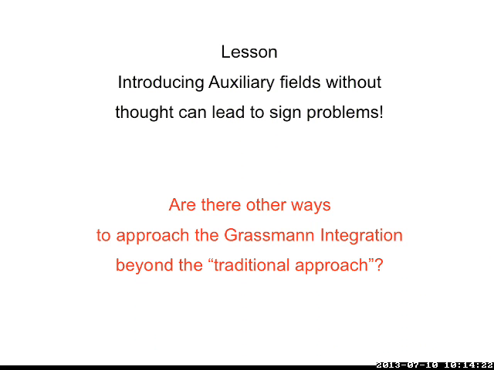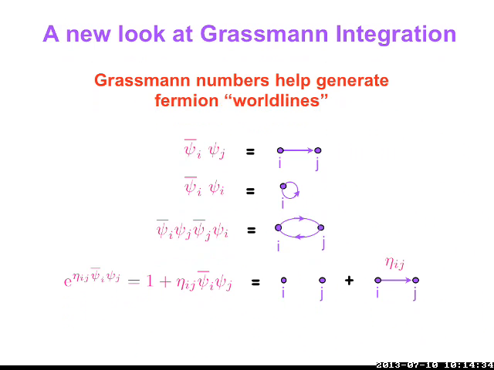There are other ways to approach Grassmann integration, and that is the question: do we have to just integrate out the fermions by introducing an auxiliary field, or can we do something slightly different? So here is where let's take a look at what Grassmann integrations are about. One way to think about Grassmann integration is to think about them as generating fermion world lines. Now these fermion world lines are not quite the same as the world lines in the Hamiltonian formulation, but if you keep careful bookkeeping, you may be able to match them. So they are not completely different, but there is a connection. You can make some connections, but the bookkeeping is slightly non-trivial.